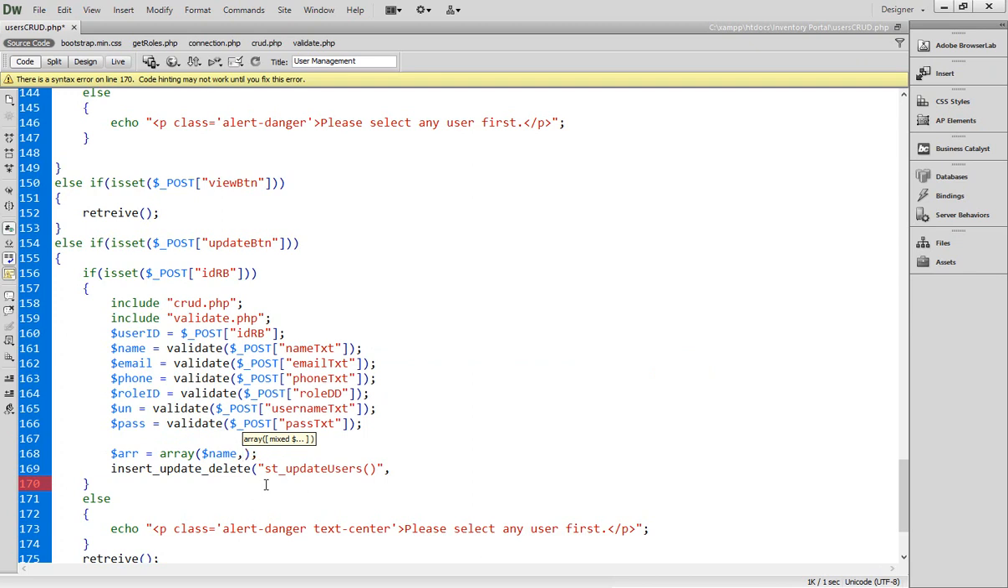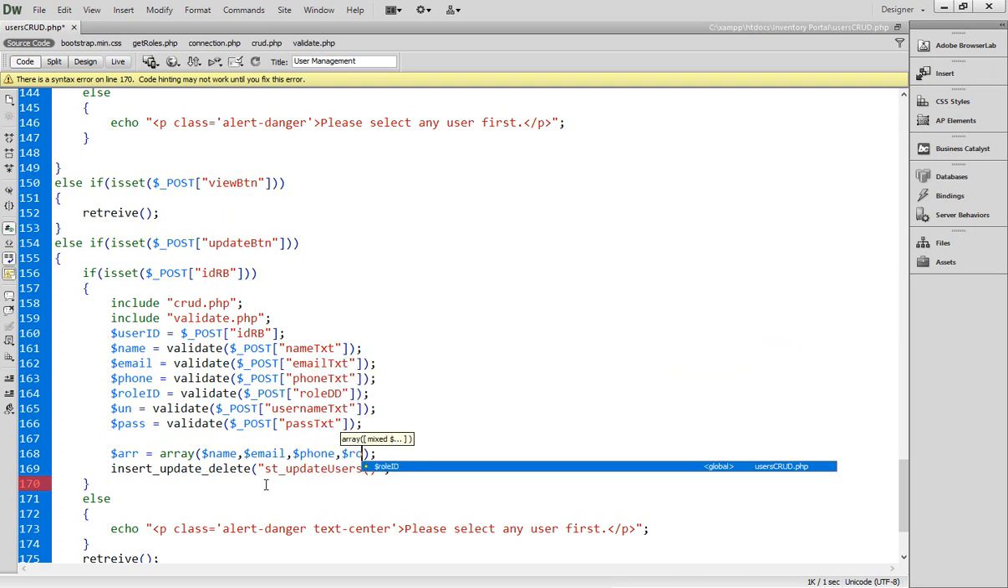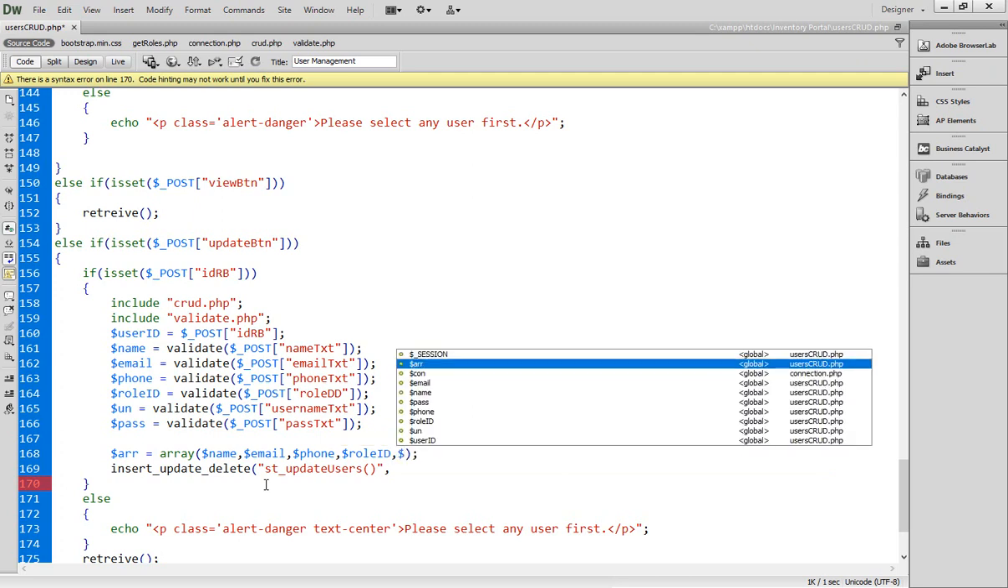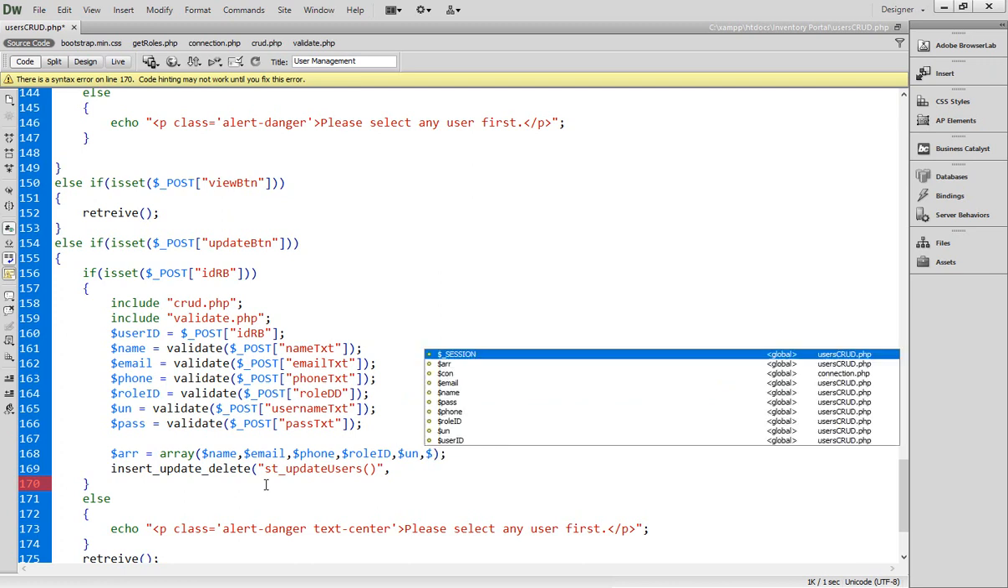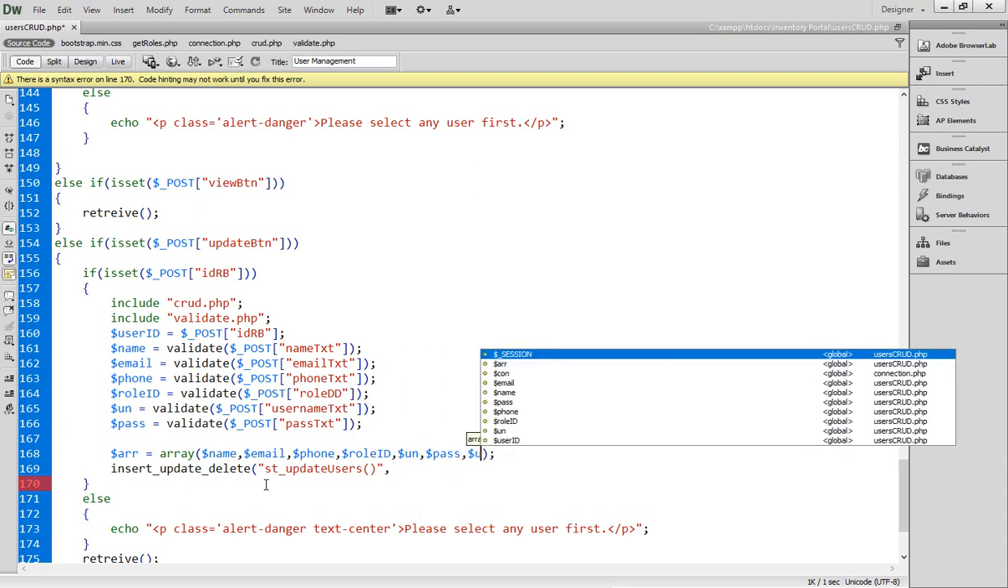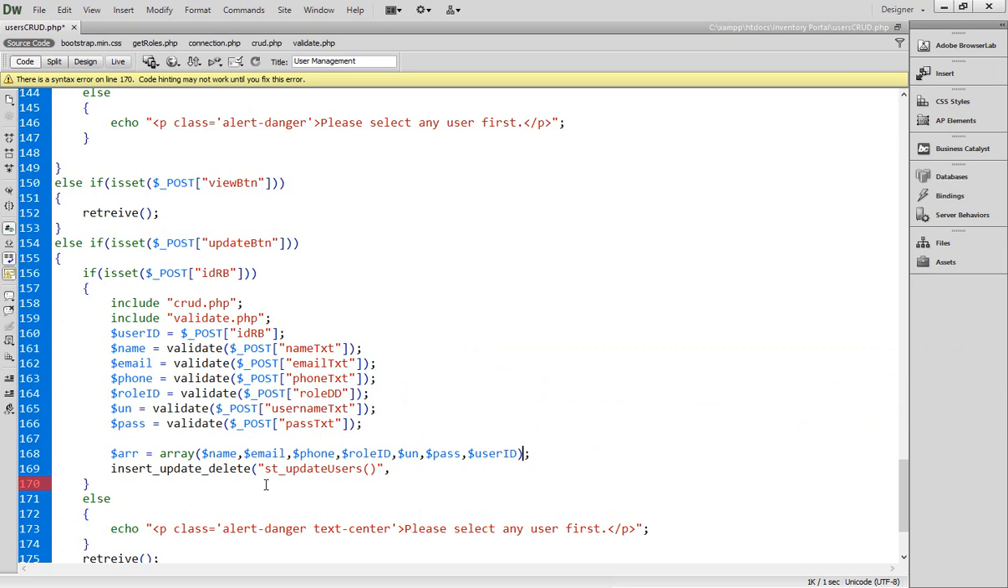Now first of all, let's add $name, then $email, then $phone, then $role_id, then $username, then $password. Okay, so everything is passed. Now the last thing is $id, user id, okay, where I wanted to update. That's my array. Now I'll pass my array here, arr, and the message